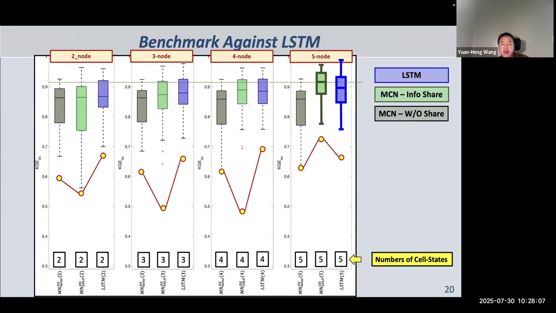So the next thing here is to show the performance comparison of these two cases against the LSTM. As you can see, when the node count increases to 5, the distributed state, cell state sharing case shows higher skill than the LSTM with the same number of nodes. But here I'm just trying to show that the performance of our DS cell state sharing case